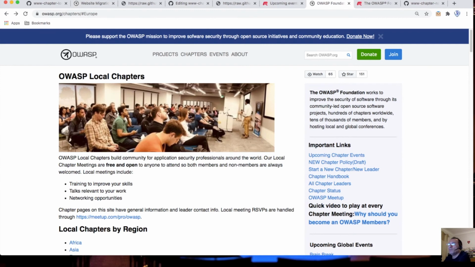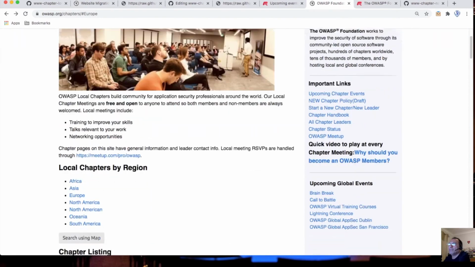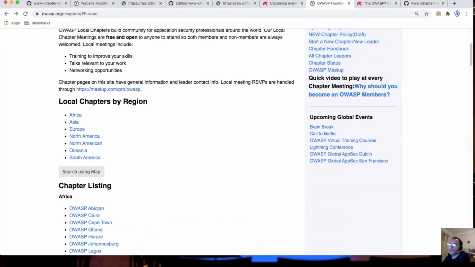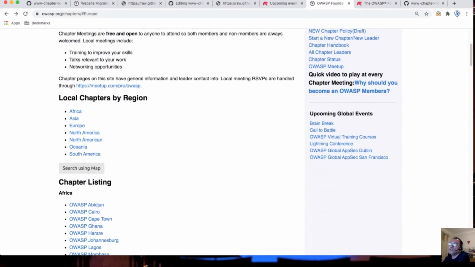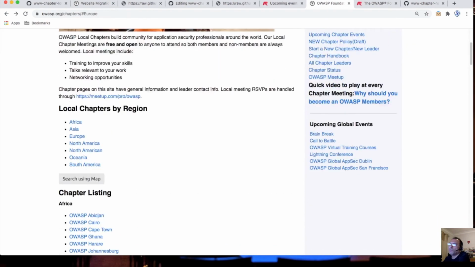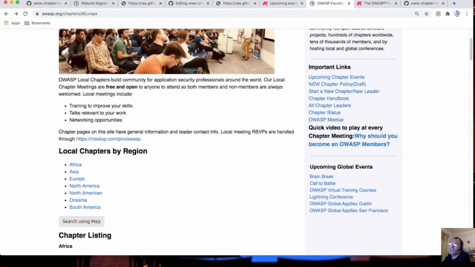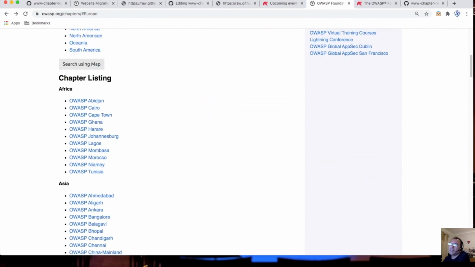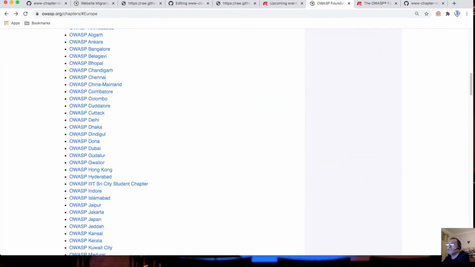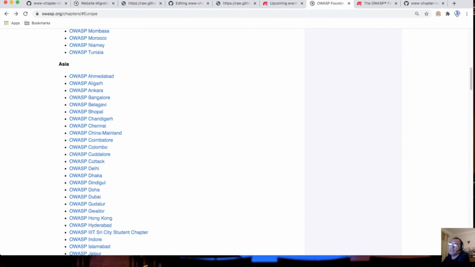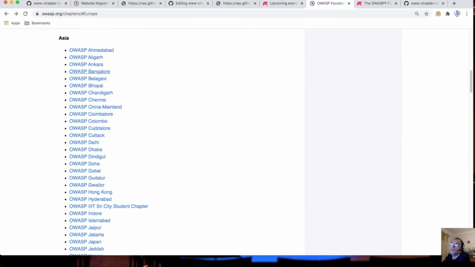So in order to make the task of editing the index.md markdown file a little bit easier for you, do check out and maybe copy the way other chapters have implemented this. You can see the chapters who have already updated that page under the OWASP chapters page. We'll show you some of the examples. For example, from Asia, an interesting chapter example to have a look at is the OWASP Bangalore example.